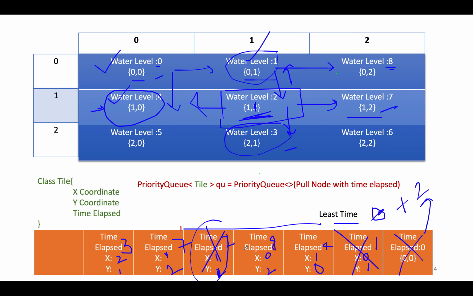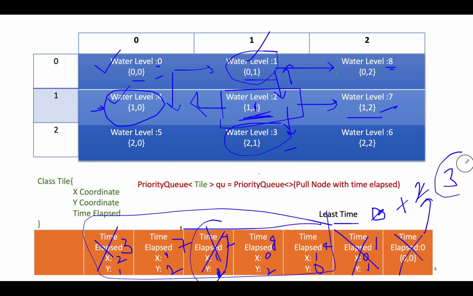Now out of these 4, 3, 7, 8 and 4, which one has the least time elapsed? 3. So we'll pull out 3 and we'll update the least time to the updated value, which is 3. From 3, in what all directions can you go? Up, right and left. Up was already part of the priority queue. We can't go there. We have either right or left. So we'll add both of them into the priority queue, and 6, 2, 2 gets added into the priority queue. Similarly, 5, 2, 0 gets added into the priority queue, and we'll mark them as reachable.